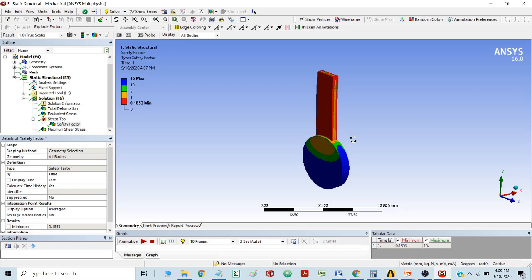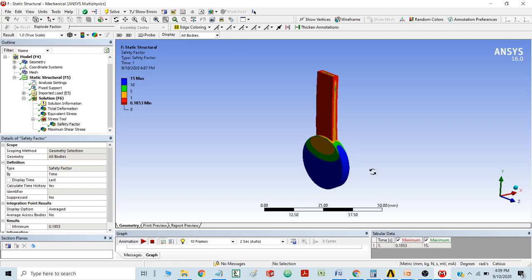This kind of approach reduces the complexity. This is a less complex way to perform the same analysis. In the next video, I will try to show you how to perform the same analysis by increasing the complexity of the geometry and mesh, and by using different parameters.